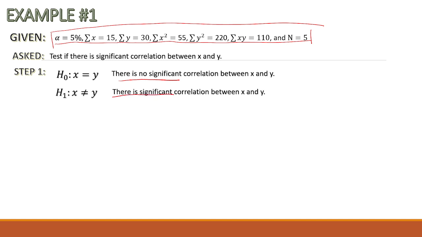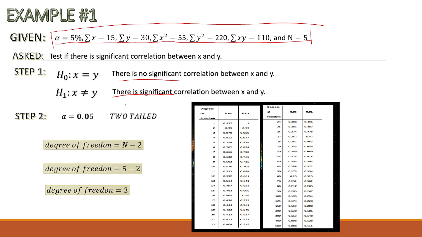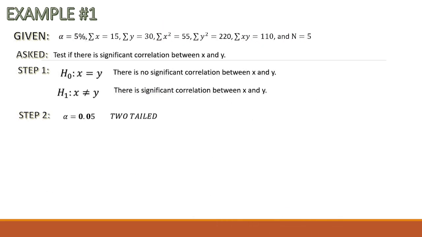Okay, pangalawa, yung ating level of significance that is equal to 0.05, while yung degree of freedom natin, sinabi ko sa inyo kanina, 3, di ba? From our formula, n minus 2, so 5 minus 2 is equal to 3. So, nakuha natin yung critical value natin, which is 0.878. Okay, based doon sa table na meron tayo. Now, step number 3,